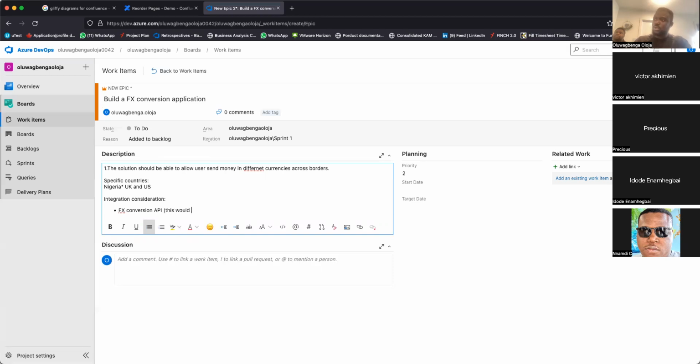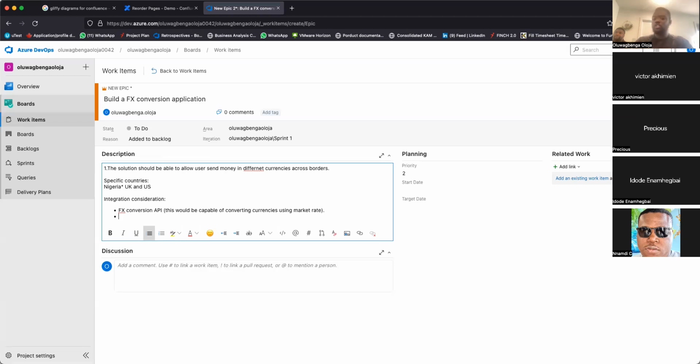This would be capable of converting currencies using market rates. Right? What else do we need? Authentication API.